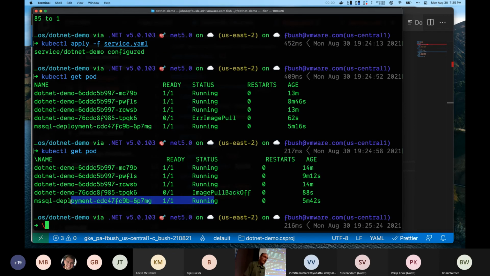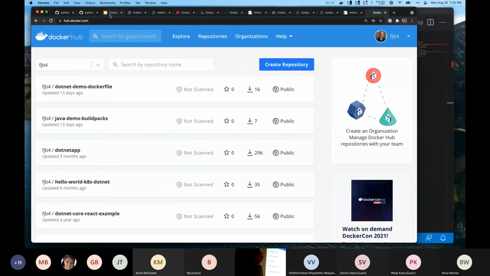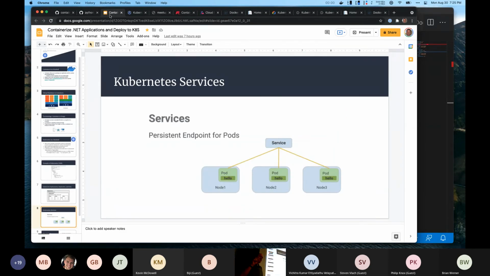But I'm happy to take questions now and go over any of this stuff. I know I've covered a ton of stuff. My intention here was mostly just to talk to you about containerizing applications, introduce you to the concept of build packs, and also just make sure you